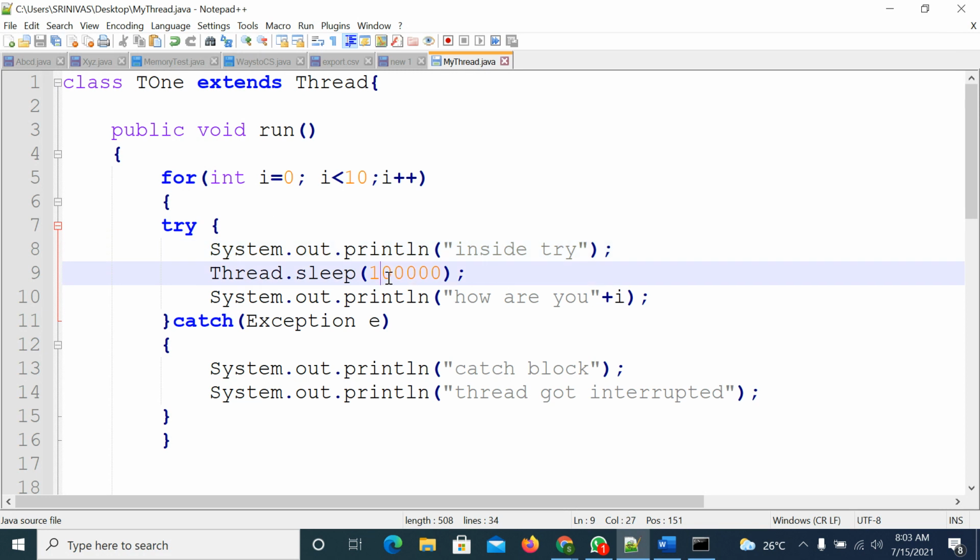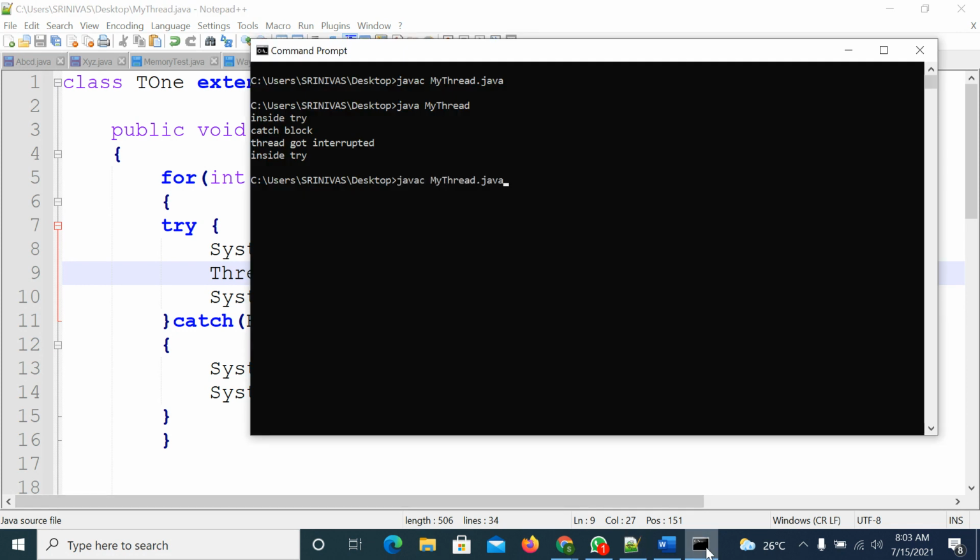I will reduce the time. Right, 1000 milliseconds, that is 1 second. So try to compile it. It won't print 0, it will print from 1 to 9. See 1, 2.